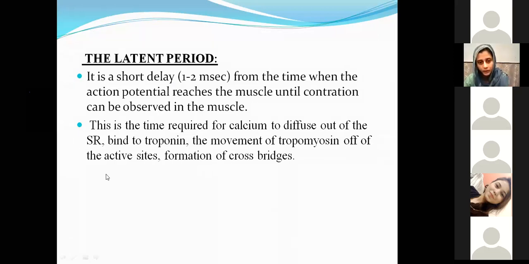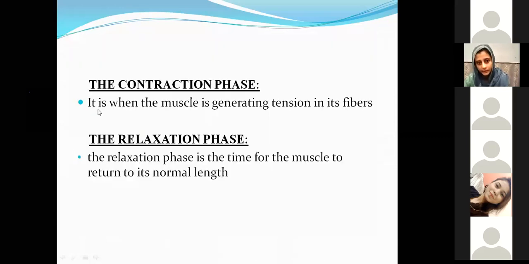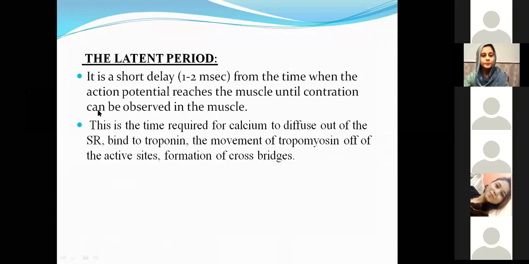You can see here कि contraction से पहले वाला जो phase है, यहाँ पे action potential generate हो रहा है और travel कर रहा है, that is your latent period. What happens in latent period, this is the time that is required for the calcium to diffuse out of the sarcoplasmic reticulum and bind to the troponin, and then comes the movement of tropomyosin off the active site